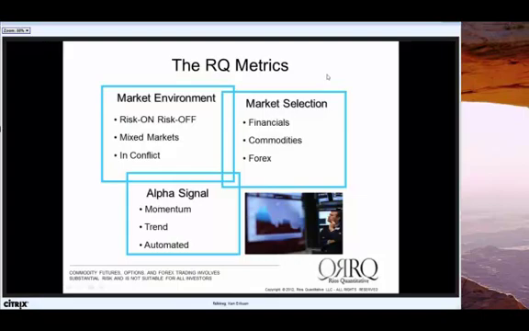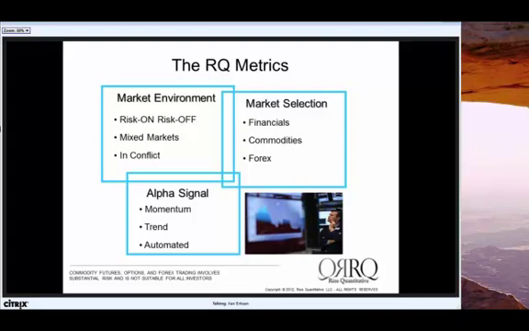So the metrics: the market environment, again, market sentiment. Risk on, risk off, mixed, markets are in conflict. Once we identify that, we're going to go to the correlating markets that apply to that market sentiment. We'll look at the financials, the commodities, the Forex, and select those instruments that correspond to the money flow. Once we look at the instruments, we're going to look for leaders and laggards, see what's outperforming, what's underperforming, before